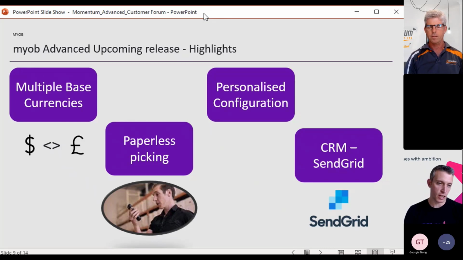Personalized configuration for those power users out there who know exactly how they would want some of the things configured and showing up. You now have the capability to do that. So continuing to support those power users with what's possible. And then finally, just continuing to touch on those integrations. So continuing to invest behind some of those CRM capabilities. You're now able to send emails at volumes through that integration that we now have with SendGrid, and you can read more about it.